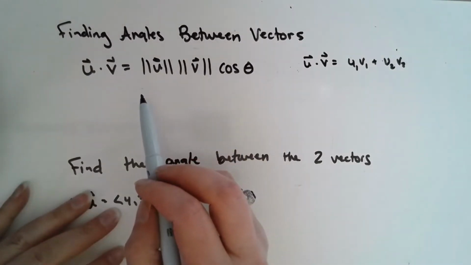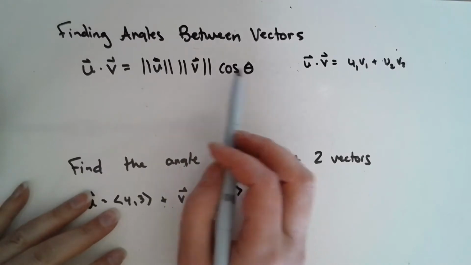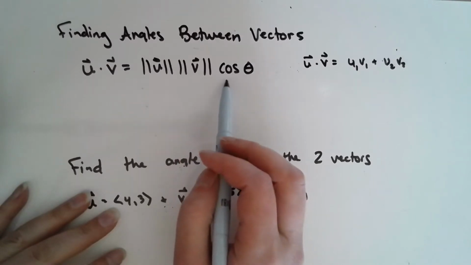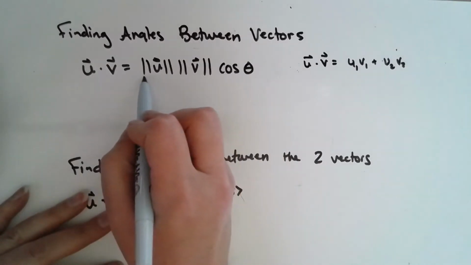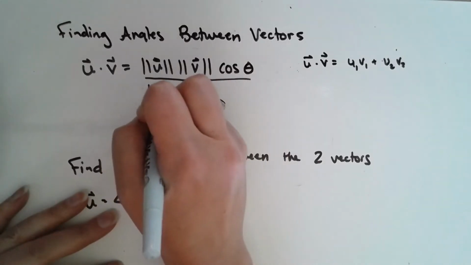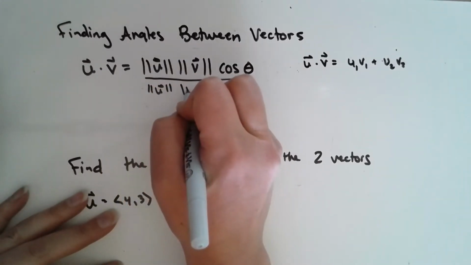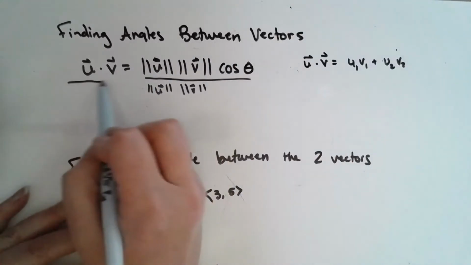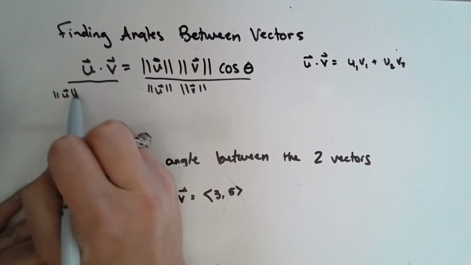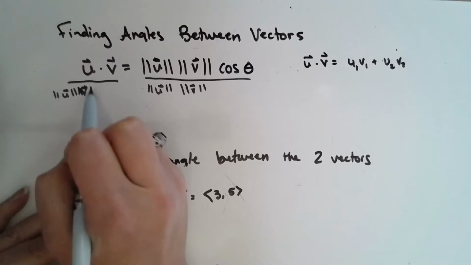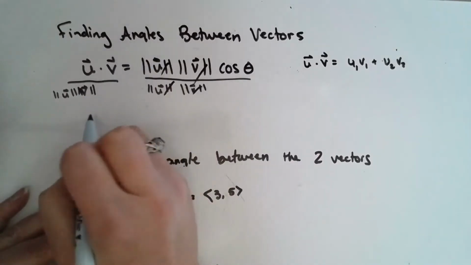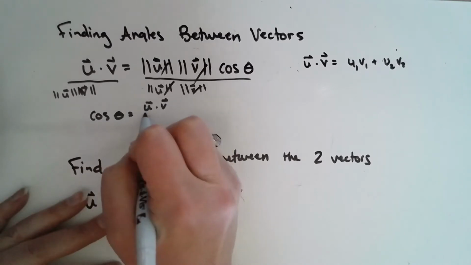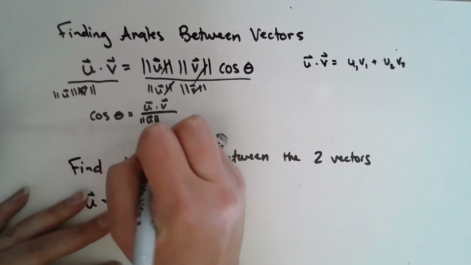What I want to do is take this formula here and try to simplify it a little bit better. We're finding the angle, so let's solve for our angle. The first thing I'm going to do is divide off these magnitudes, and I can divide these off because they're all getting multiplied together. So I'm going to divide that to both sides. Now I have cosine theta equals the dot product of our two vectors divided by their magnitudes, their original